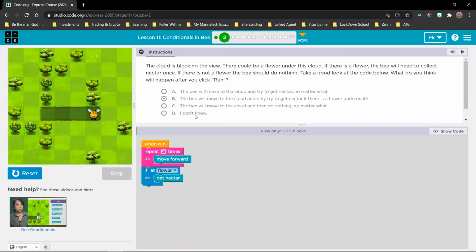Let's just check that again. The bee will move to the cloud and only try to get nectar if there is a flower underneath. Remember, this if at flower is very similar to saying check for a flower. So it's saying move there. When you get there, check for a flower. If there's a flower, then you do something. If there's no flower, then you do nothing. Okay.